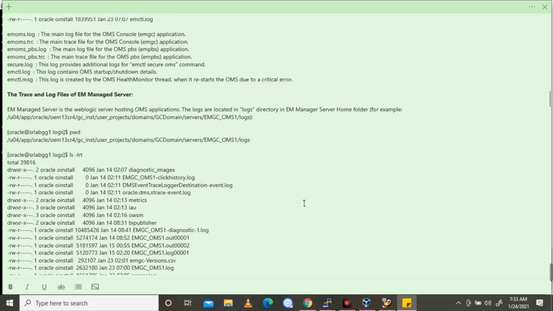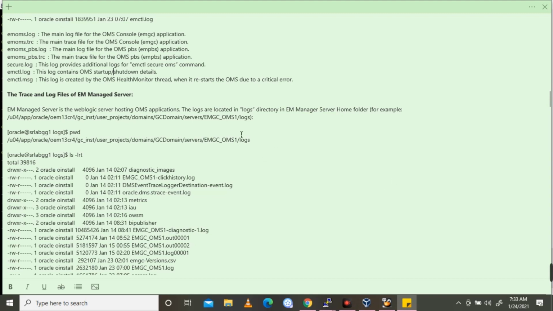So next one, the trace and the log files for the EM managed server. EM, Enterprise Manager. Managed server is the WebLogic server hosting OMS applications. The logs are located in the logs directory in the EM managed server home folder.